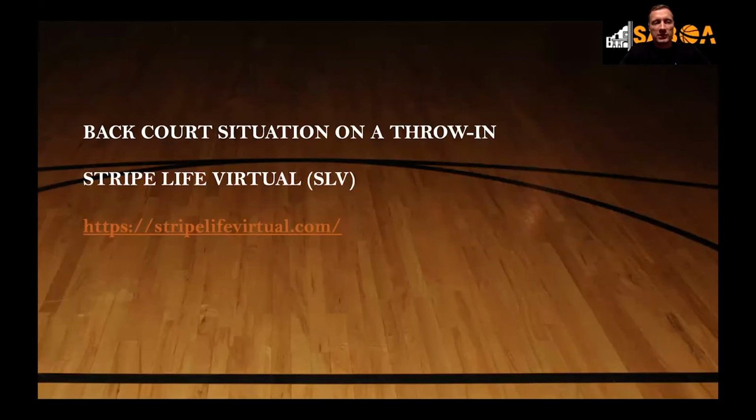But the situation is if Team A has the ball on a throw-in, there's an exception for what the offense can do. For example, if Team A has the ball in the front court on a sideline, and A1 throws it to A2, who jumps in the air from the front court and either lands staggered, one foot in the front court, one in the back court, or jumps and goes into the back court, that's an exception where it does not matter where they take off or where they land.